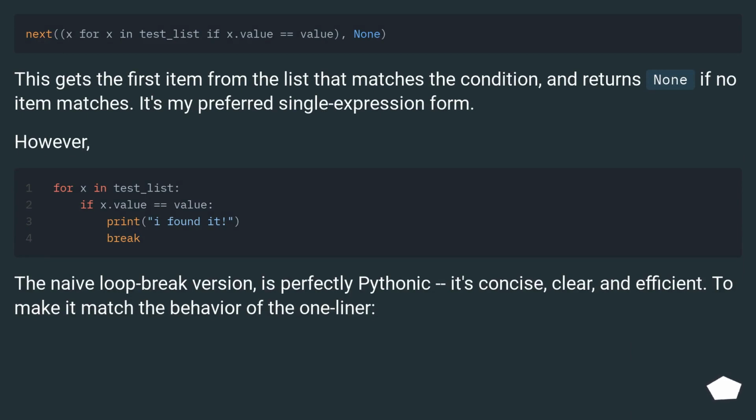This gets the first item from the list that matches the condition, and returns None if no item matches. It's my preferred single expression form. However,